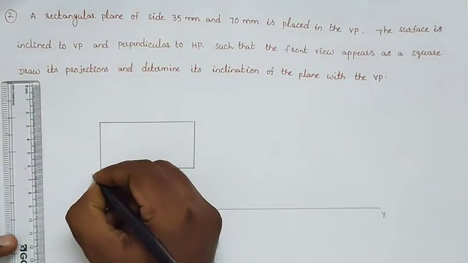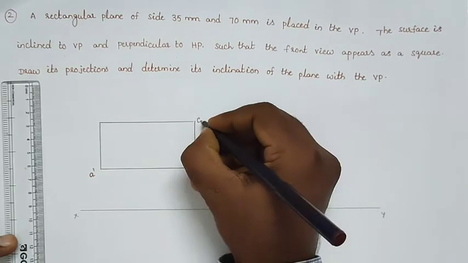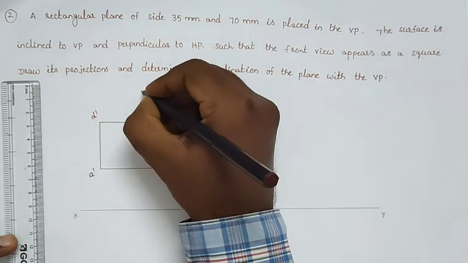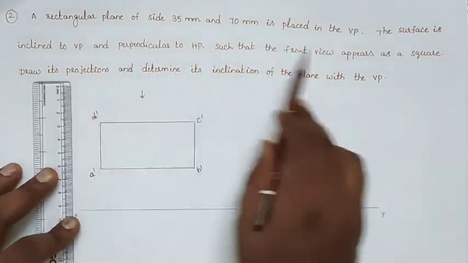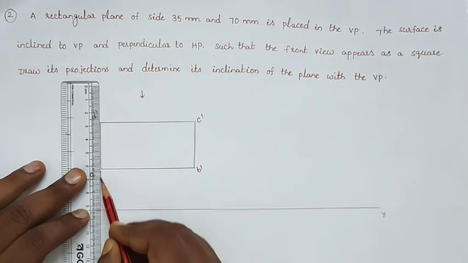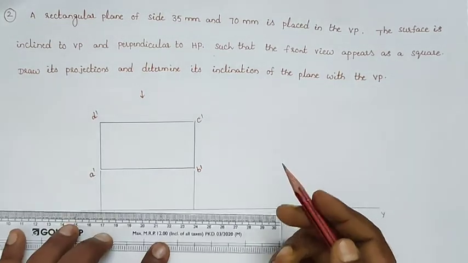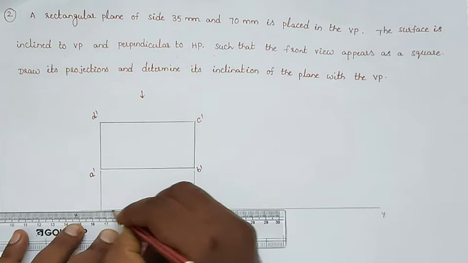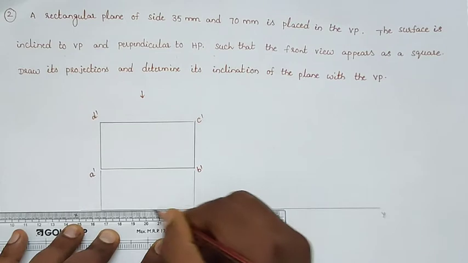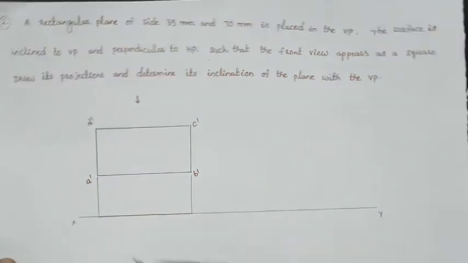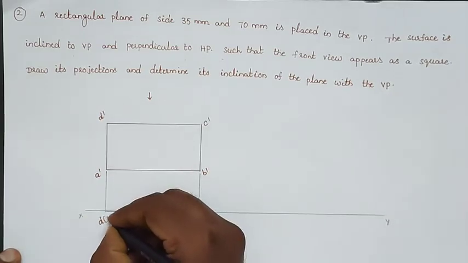After drawing the first front view as a rectangle, give the notations on the rectangle. So this is the direction of the first top view. The side is on the VP, which means on the reference line we will get the first top view. So D, A: DC are visible and AB are not visible here.